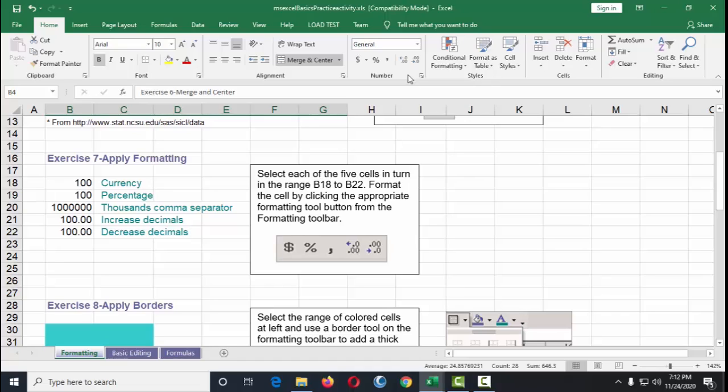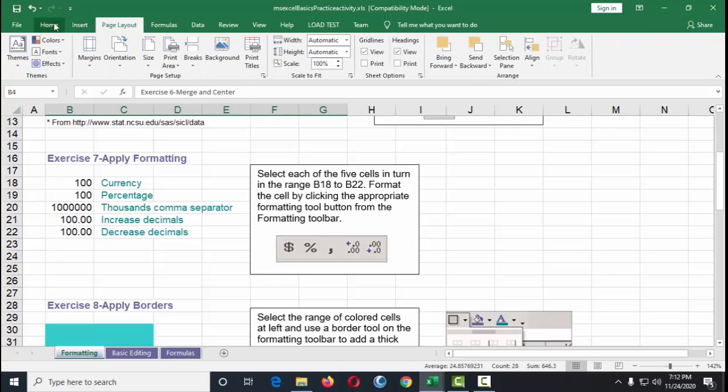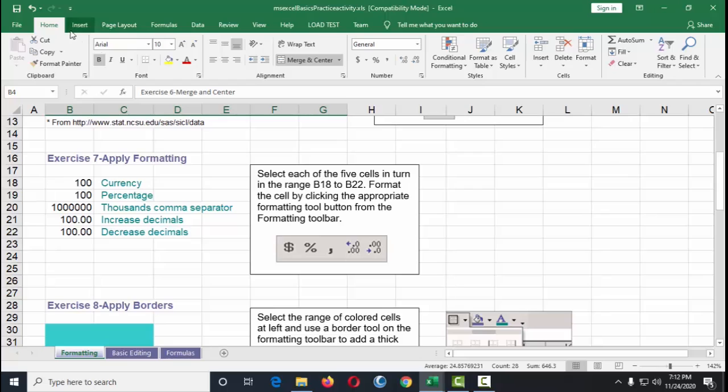You might have another version, so you can just look for that. Usually it's in the Home tab, okay? So you see it here: dollar sign, percent, comma, and then you increase or decrease the number of zeros from the right, okay?